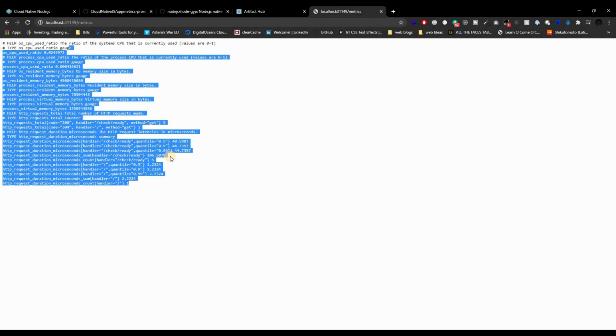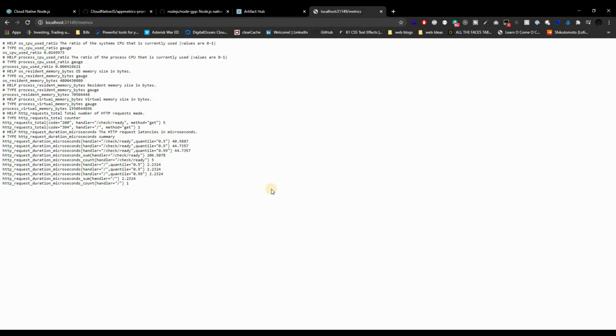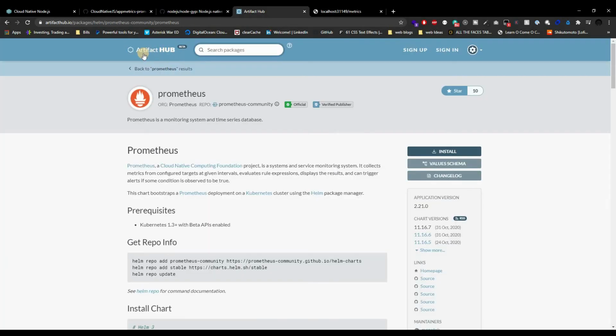All right, this is great. But like I said a few minutes before, now that we have this /metrics, we need to install Prometheus into our Kubernetes cluster. Luckily, Helm Hub already has support for Prometheus, so we could just go over to Helm Hub, and it's actually called